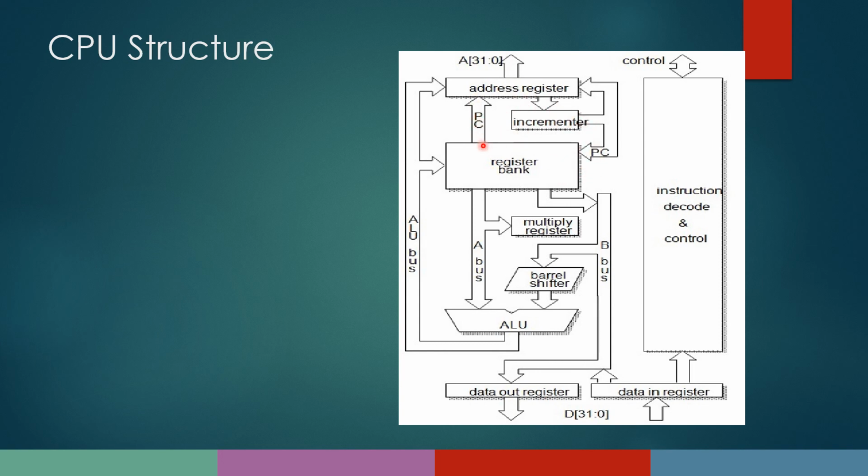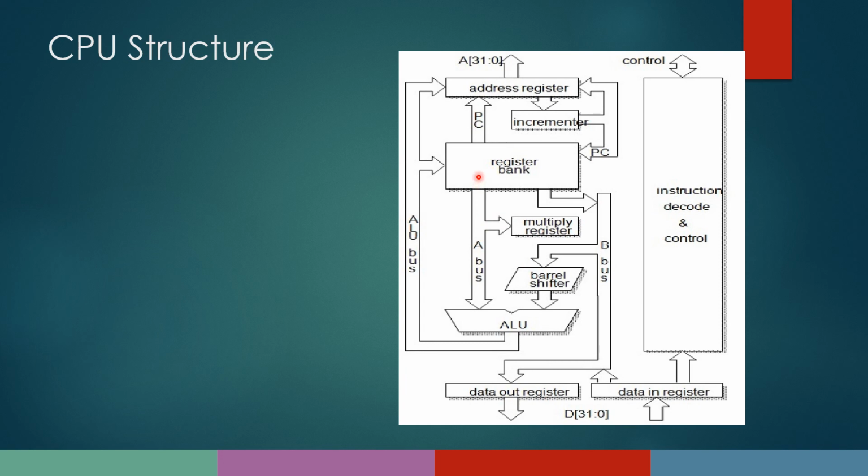And we know the function of the program counter. This PC indicates the program counter, which currently holds the address of the instruction being executed. So at each and every point it will be incremented, and here we have got two buses, that is the A bus and the B bus. Whichever operation we have to perform, say addition or multiplication, the operands have to be split, and we are feeding them to the ALU with the help of two buses, that is the A bus and the B bus.